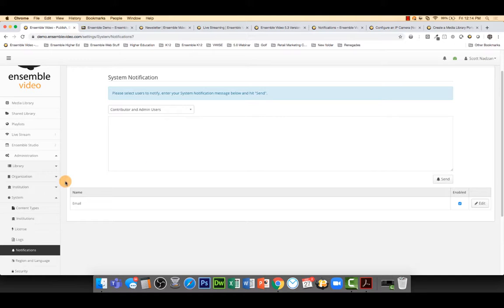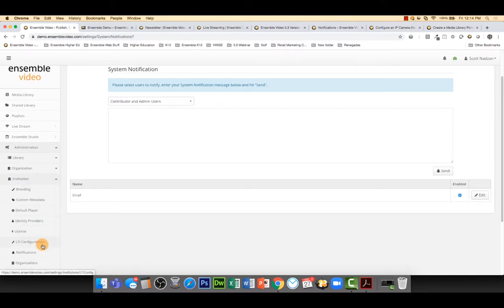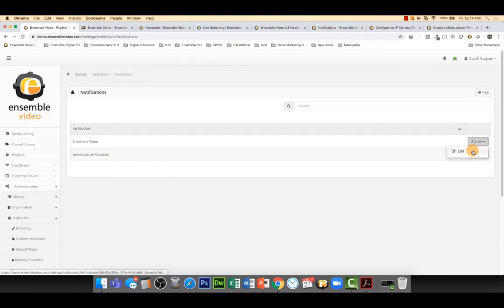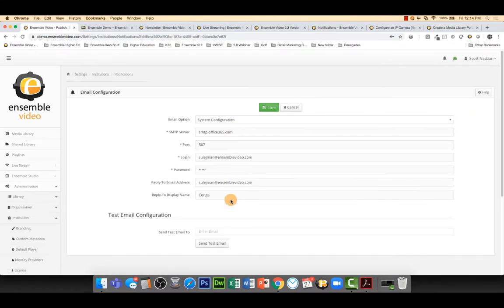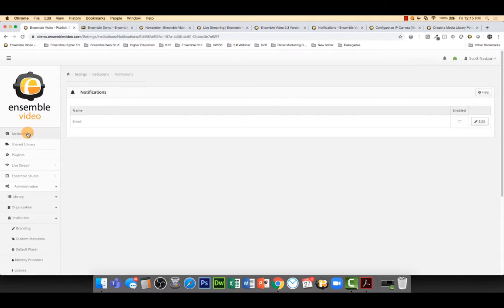So it's really important to know that there are web notifications and email notifications, and of course, institution administrators can set up notifications. So you can see here, now I'm in the institutional area. You don't have to choose to have email notifications for an institution, even though it's set up at the system level. So again, you can send test emails, but the idea here is that if I go to my profile